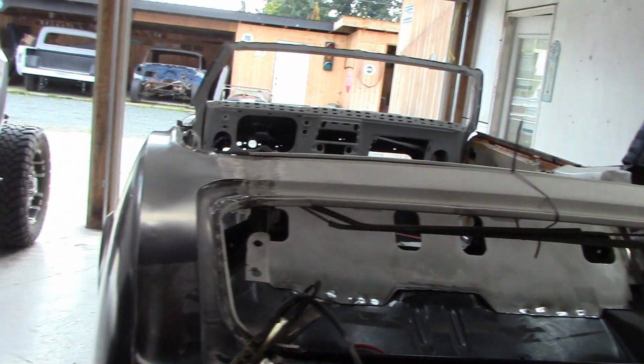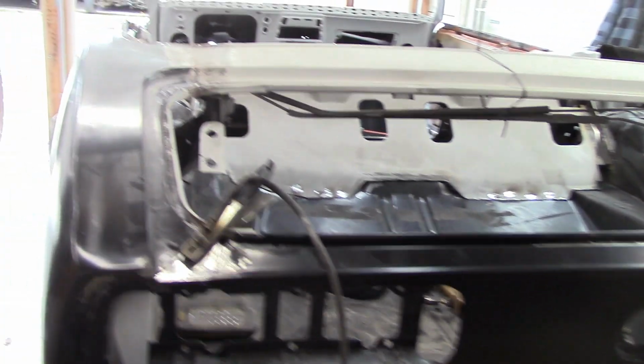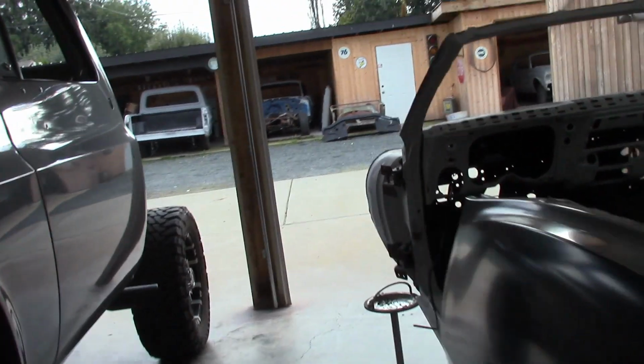And she is then done for welding. Looking good, looking good. All right. Now,